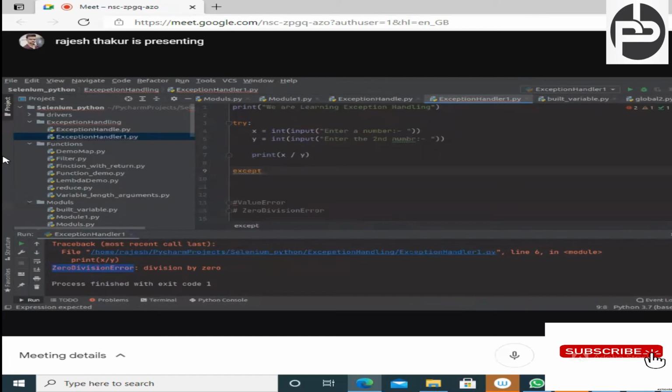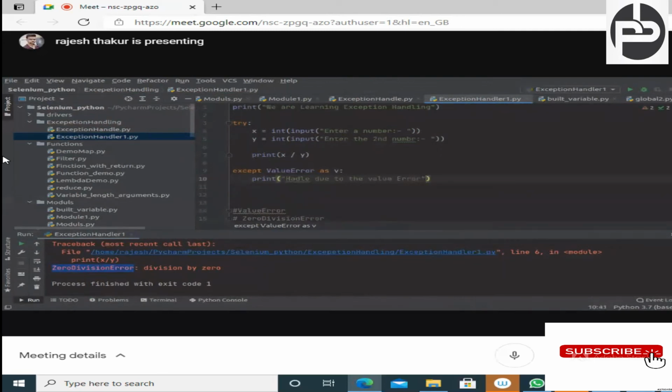Based on the user input, it might be a value error or a zero division error. Except value error as v, print handled due to the value error.